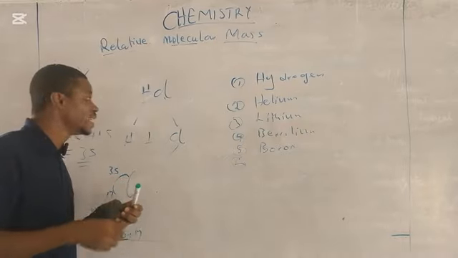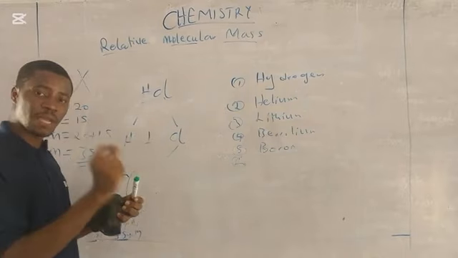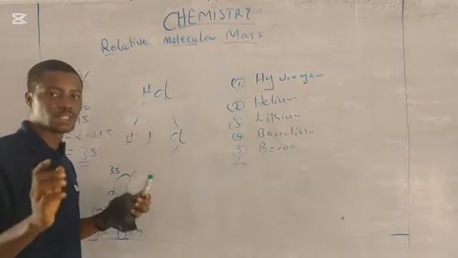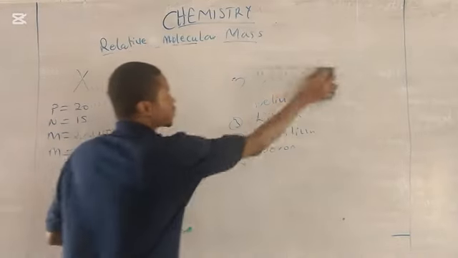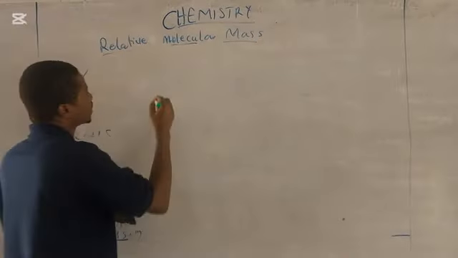But let me come again. The relative molecular mass of a compound is simply the summation of the relative atomic masses of each element that makes up that compound. Please jot it down if you're writing. Let's take an example. So let's say we were asked to calculate the